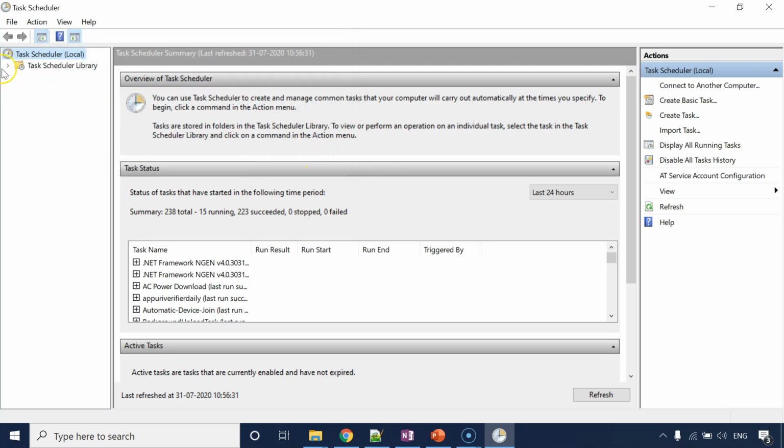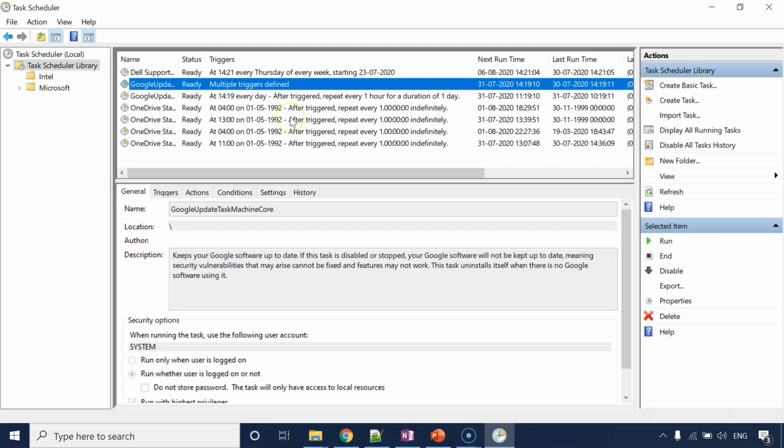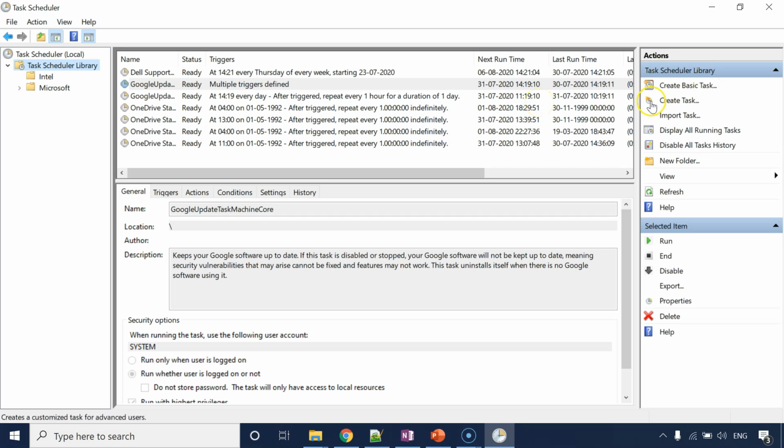Moving on. On this side we can see all the different schedules which are already there in the Task Scheduler. They all have some certain trigger and action accordingly. We can open some task from here and explore it, but I guess there is more fun if we create our own scheduled task and then learn more details about it. So here we go. We have multiple options to create a new task. We can go for this Create Basic Task option.